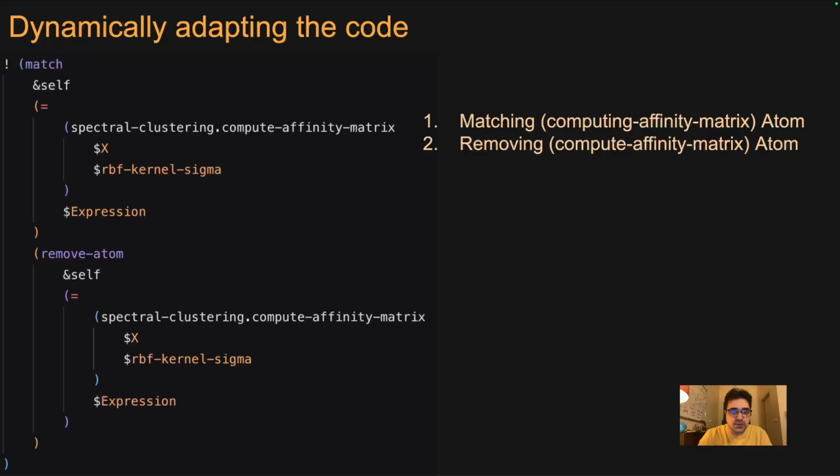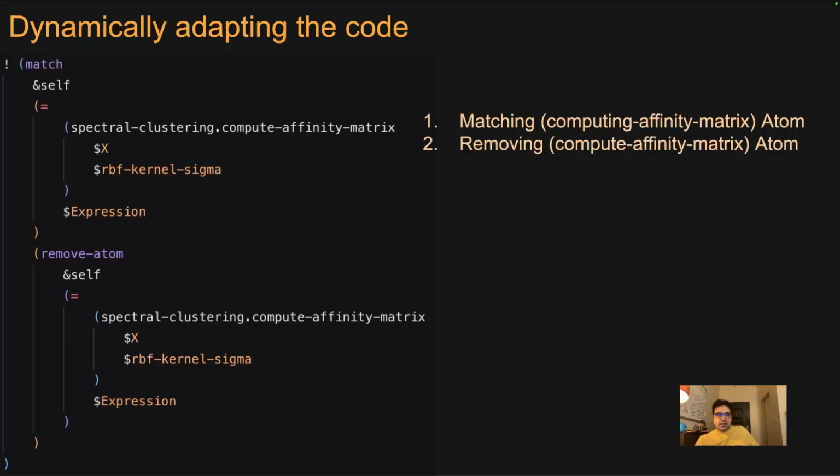Here we want to remove the compute affinity matrix function of a spectral clustering, which is based on RBF kernel, and replace it with a new compute affinity matrix function, which is based on the KNN binary similarity graph of data points. To this end, we first